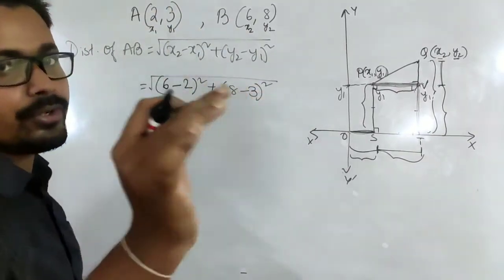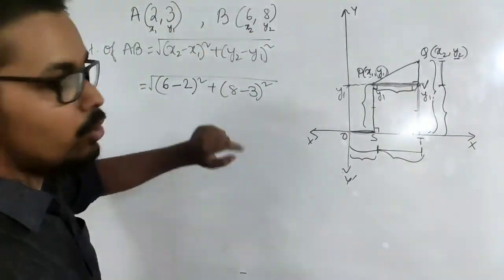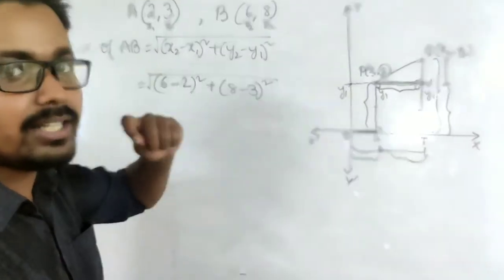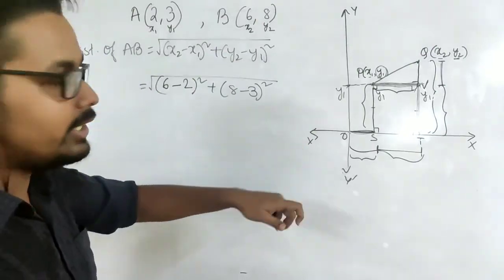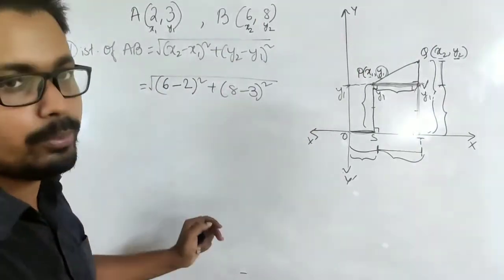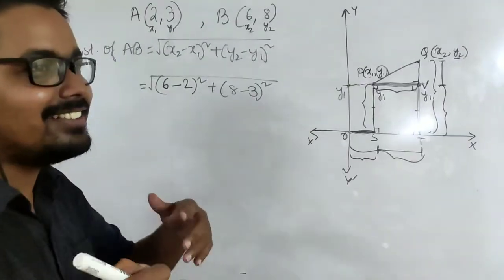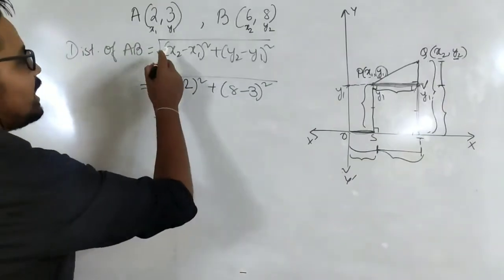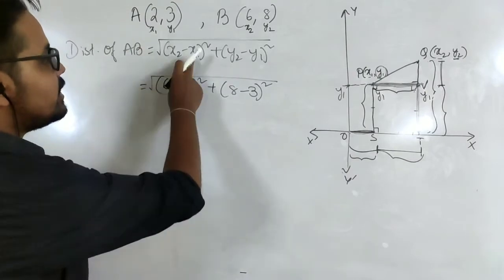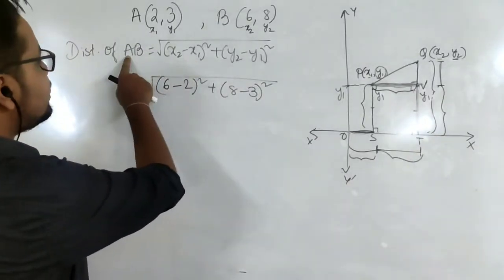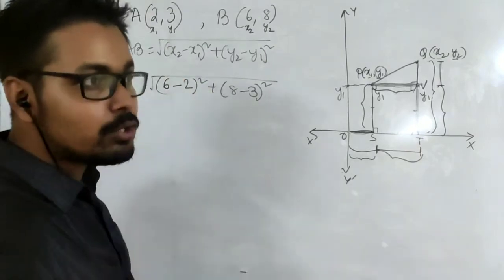It's very important for you to understand which one is which term. Which one is x1, which one is x2, which one is y1, which one is y2. If you can't understand which point is which value, then you will make a mess out here and everything will be wrong. So what you need to understand, just a simple trick. It is just common sense that x1 means this one refers to the first point. Which is our first point? A. So take the first point, the x coordinate of the first point.